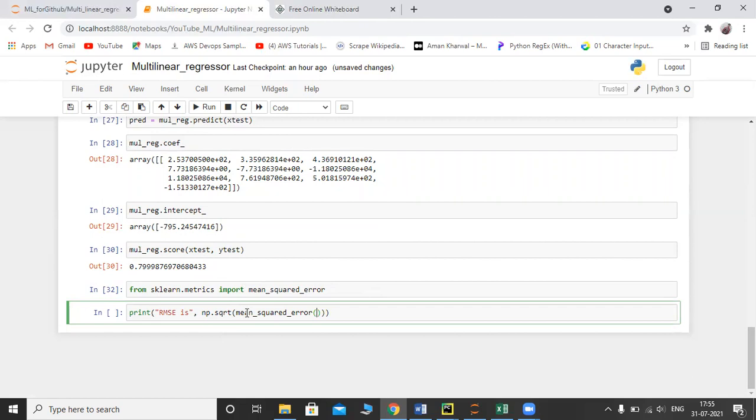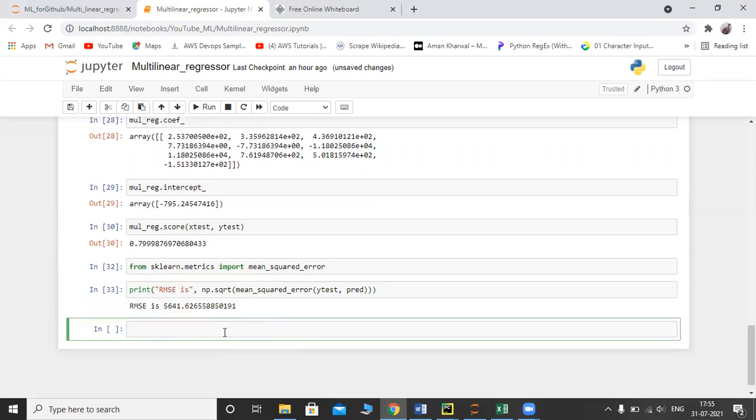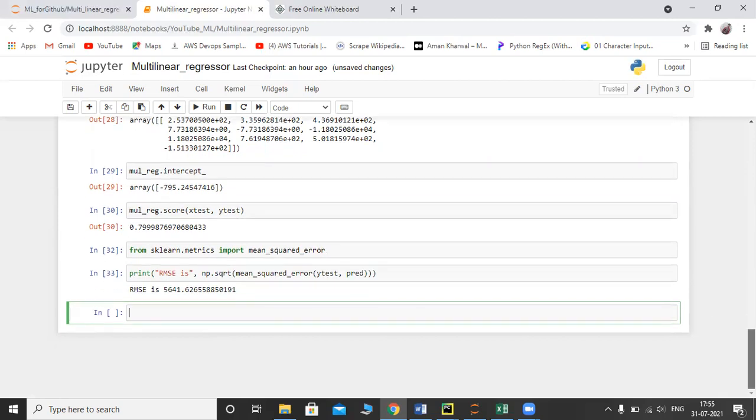I need to pass original values. Y test are the original values and my predicted values are in the pred variable. Let's see. If the error is very small the model is good, but it is giving 5641, which means the model is not that good.